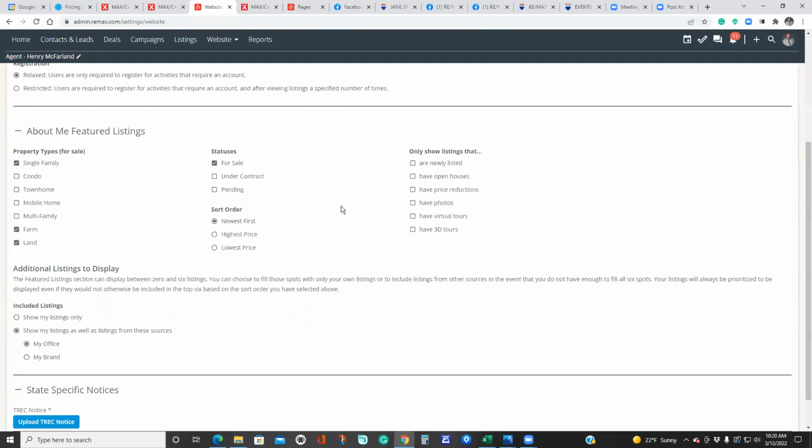That usually generates calls that turn ugly, because an individual is calling about a property and it's not available. Sort. I have mine sorted from the newest. You can set it up whichever way you want. You can use the highest price, lowest price, whatever you want to do. Newest usually works best. And then only show listings,